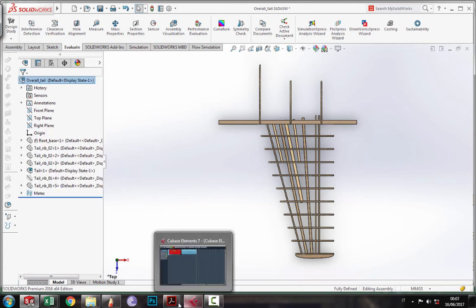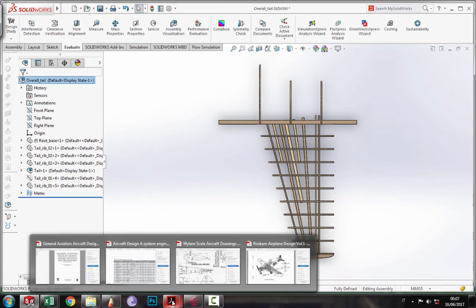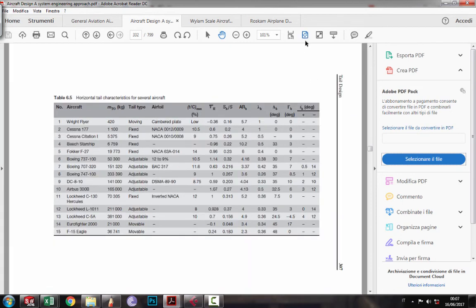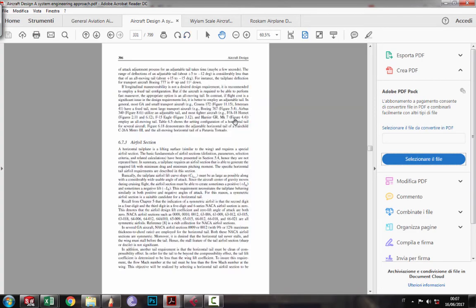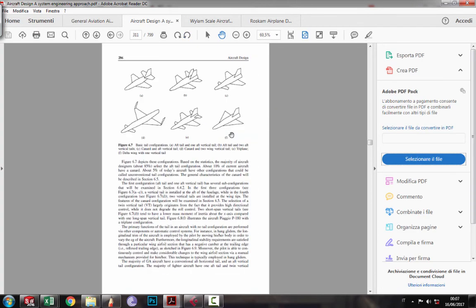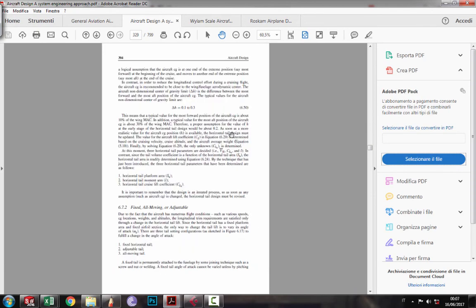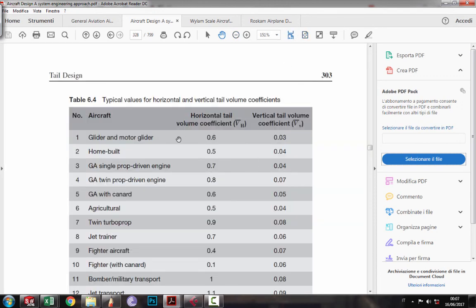Oh, sorry, no. So for a recap, of all the things we saw, if you want to draw a vertical wing, you have to make a choice, and the first choice is the volume coefficient. Once you have the volume coefficient, you can start to calculate all the parts. So you can draw all your wings, all your fuselage, everything, and then with that value, boom, use the coefficient and locate the vertical and horizontal wing of the tail accordingly. Just keep in mind that the fuselage plays a role also in the tail configuration, but not so important. Okay, as usual, I will show you the books I used,